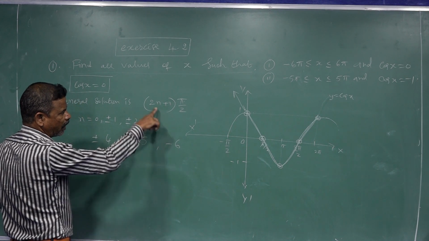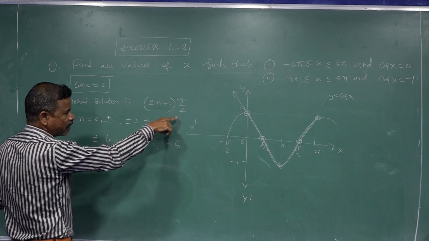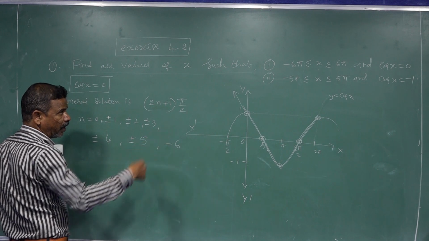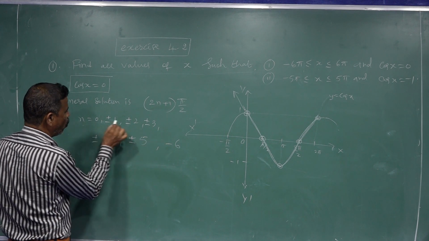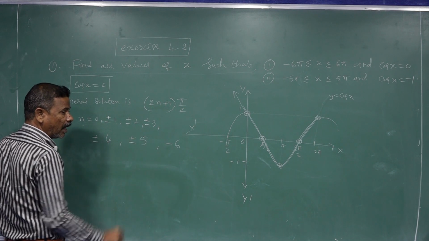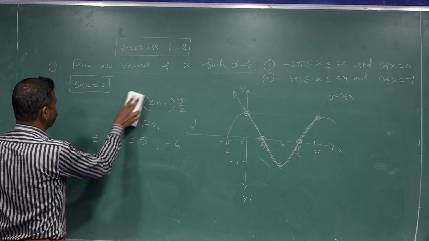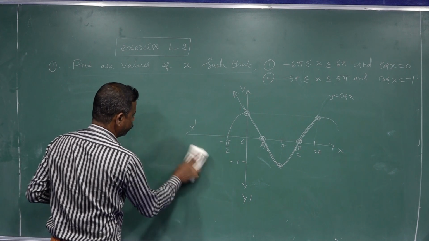Once you check minus 6 into minus 12 plus 1, minus 11 π by 2. It is above minus 6. That's why n value is 0, plus or minus 1, plus or minus 2, plus or minus 3, plus or minus 4, plus or minus 5, minus 6 only. Okay? Yes. Next, second,